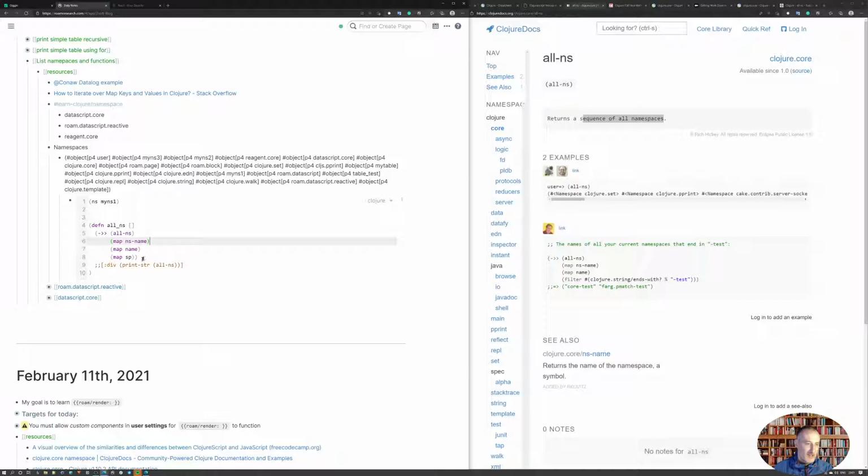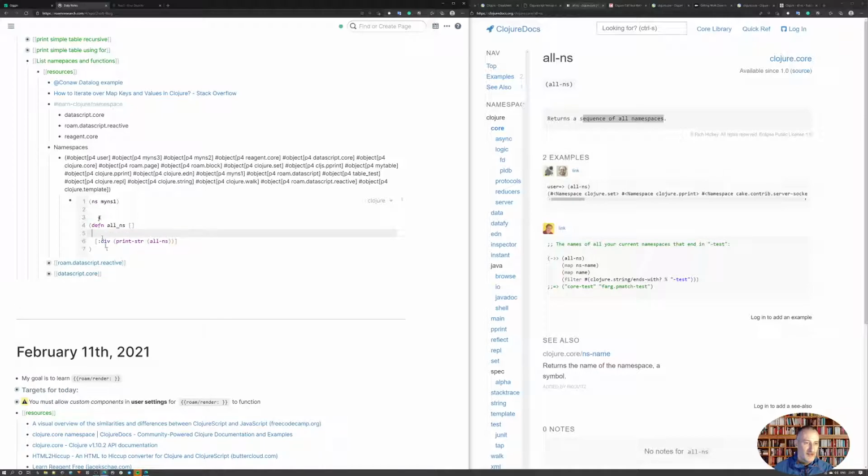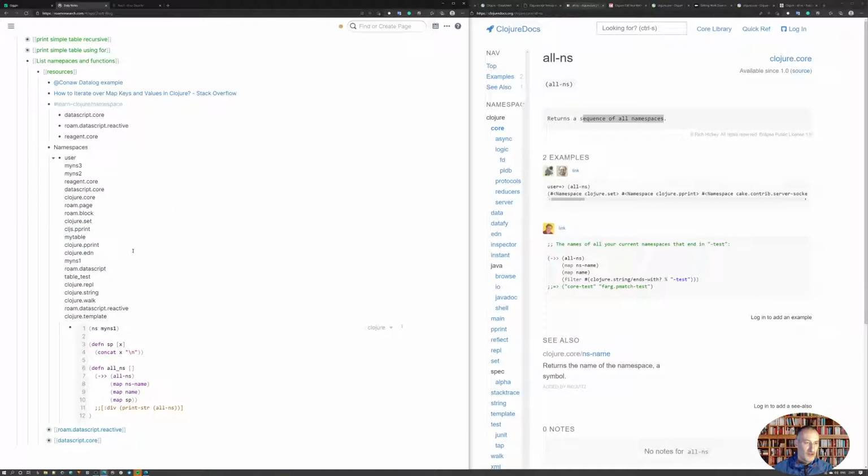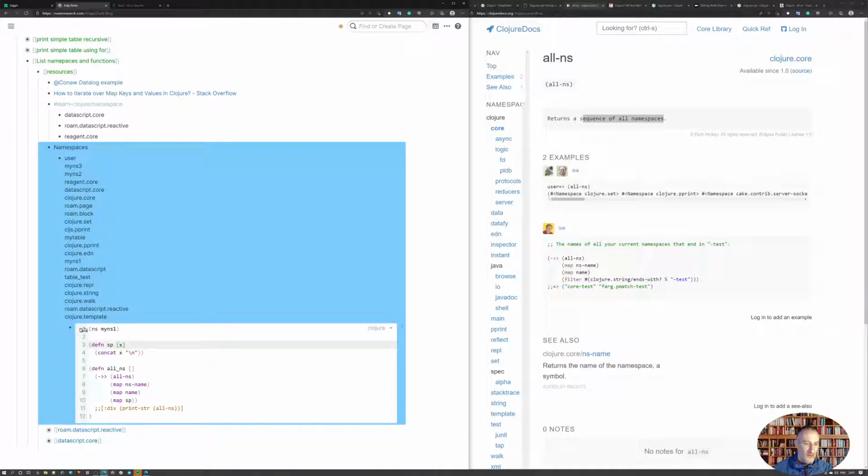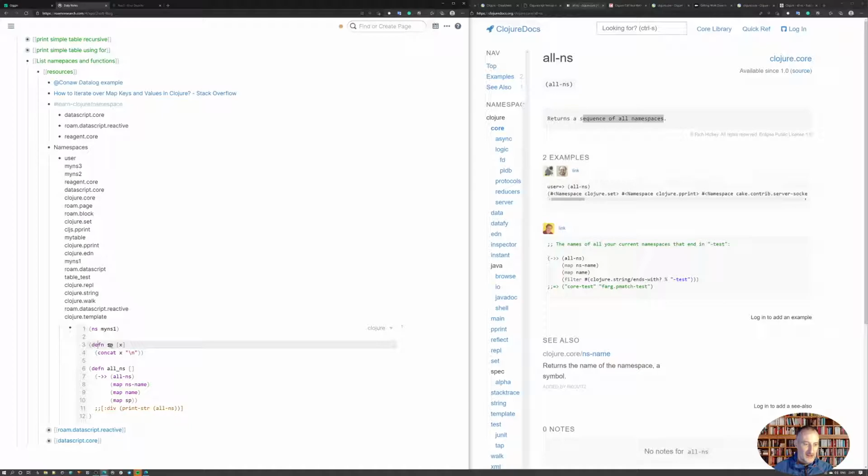I found this, I don't know where exactly I found this pattern, and with that, and I actually did need that space. Oops. There we go. So my mistake, I did need that space, because that adds the new line in between each of the rows. Anyway, that's the function how I get all the namespaces,